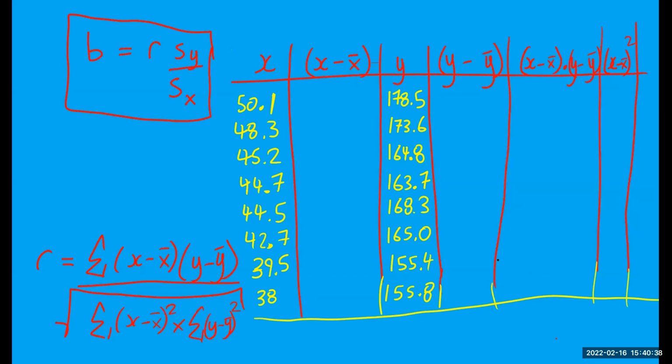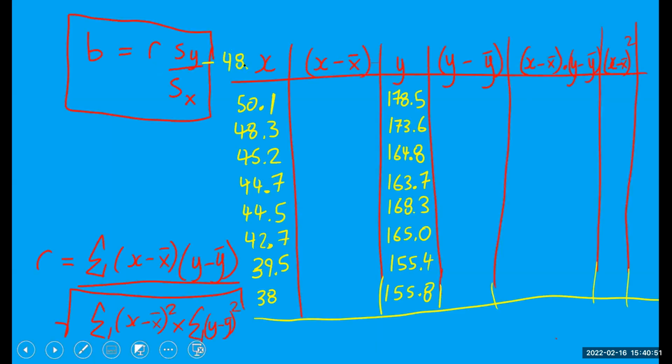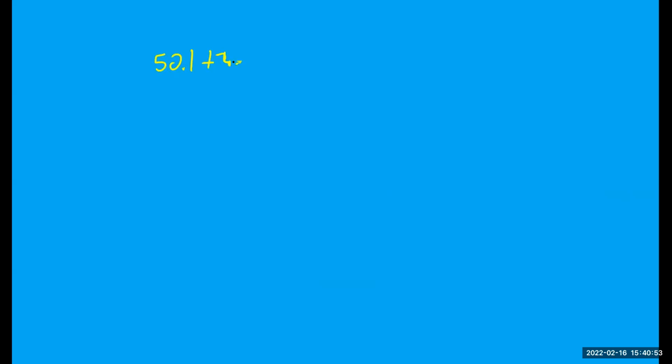Now we need to find bar x, which would be the average of all of these. So let's quickly do that. 50.1 plus 48.3 plus